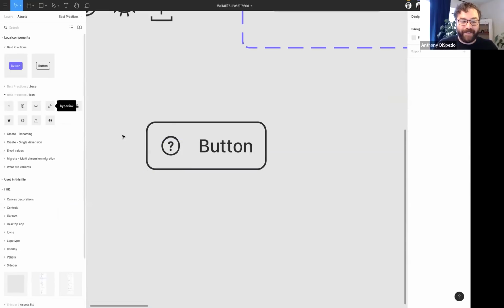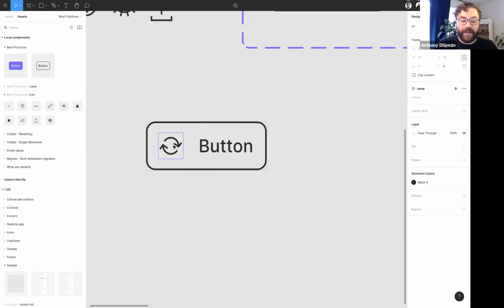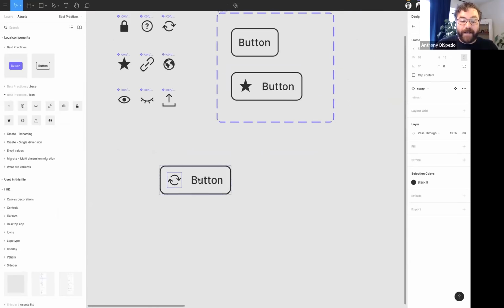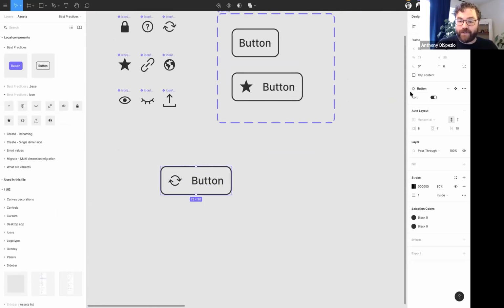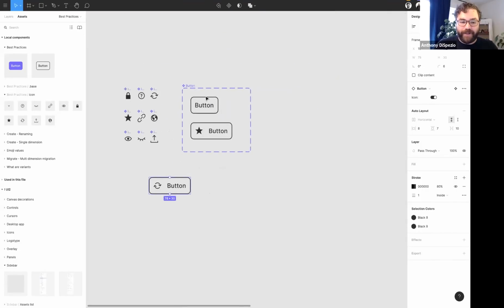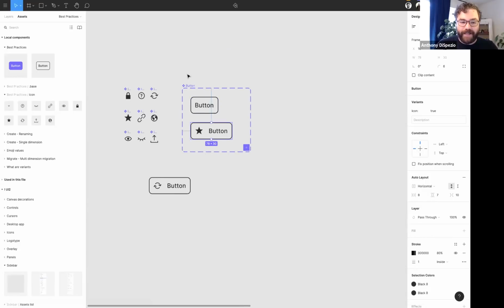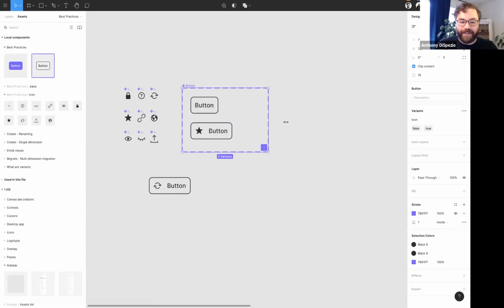Oops, you've got to make sure you actually get the selected. There we go. And you can swap those out very quickly. And again, because we're able to preserve overrides, if I switch this icon off, or if I switch to a different button type as well, it all stays. So in this case, if I was doing this on that earlier example that I had,